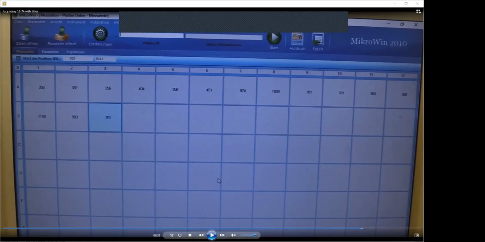Unfortunately, this experiment was not very efficient. Why not? Because you see that the values are very, very low. If the background is around 300 and we see here only 400 where we have the reporter, the difference is too small. It should be in thousands and in hundreds of thousands and in millions, and this is not enough. On the other hand, what is positive is that the system as such works, because we see nice induction